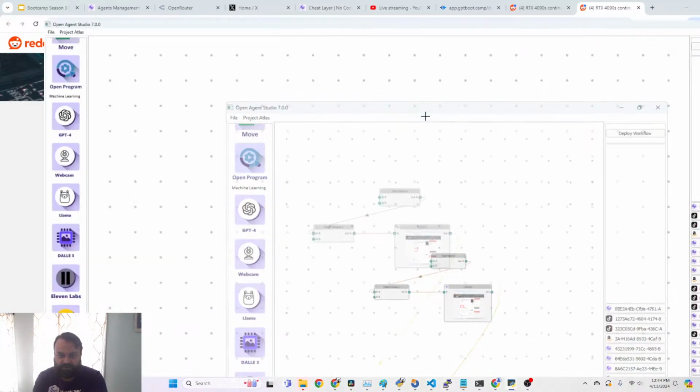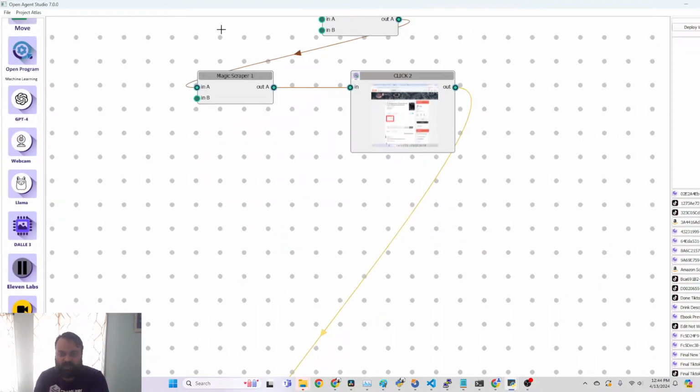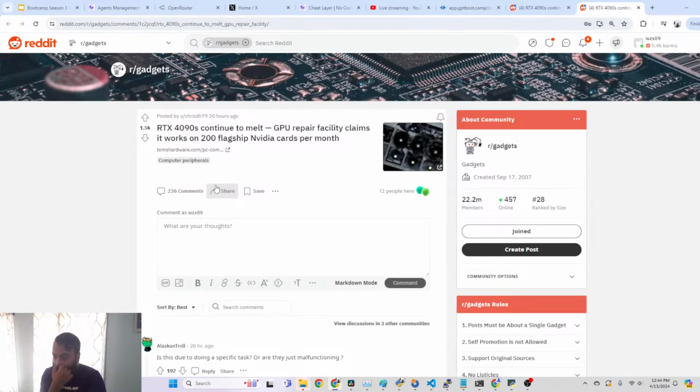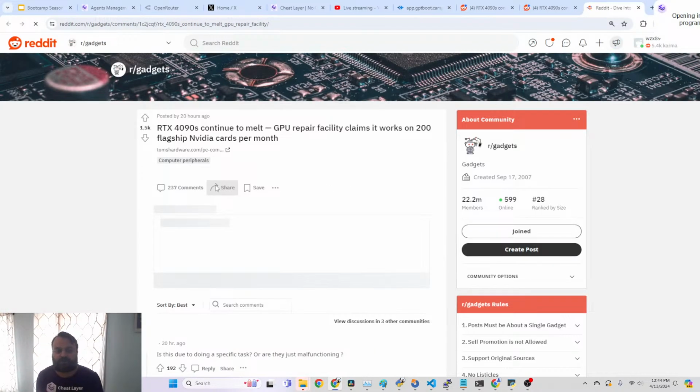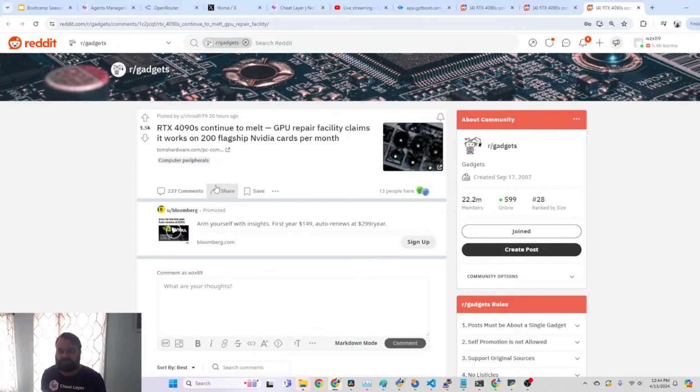So to run the agent, you can hit File, Run in the top left-hand corner, or Control R. And let's see what it does. In the top right-hand corner, it should give us a play-by-play. So first, it's going to open the initial condition. Next, it's going to scrape the top Reddit post. You can see in the top right-hand corner, it's scraped the Reddit post. And then next, it's going to click, what are your thoughts?